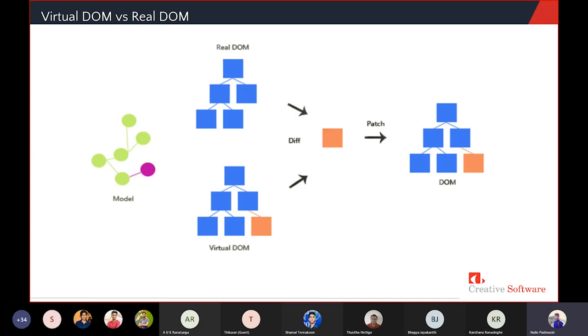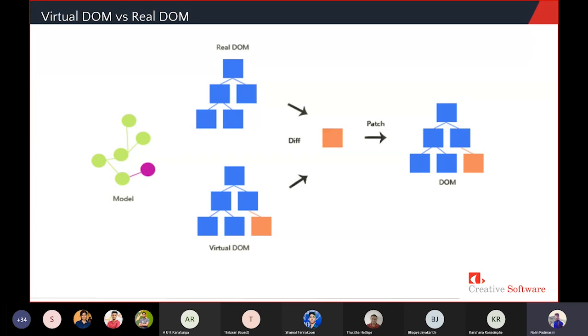DOM is the abbreviation for document object model, and in your browser you can find the components or objects of your business application in an object-oriented way. Whenever you need to change a component there, the virtual DOM concept is essential, because in the real DOM it takes much time to perform the changes.